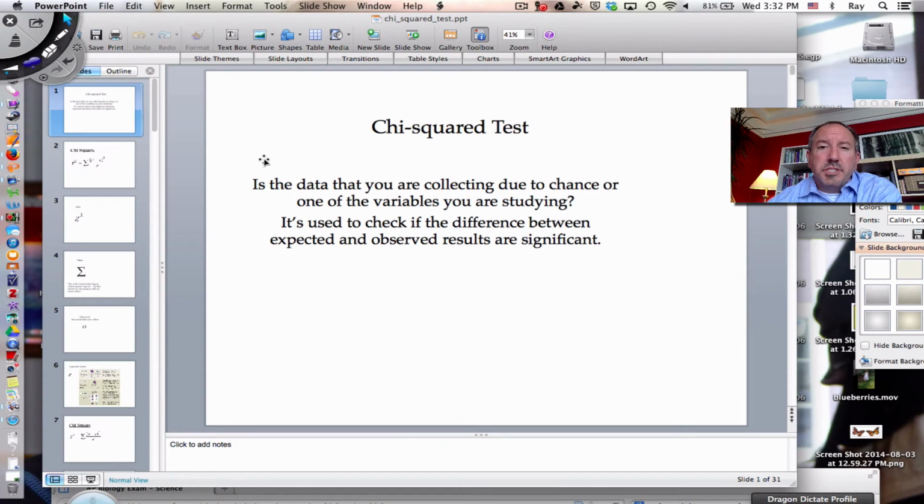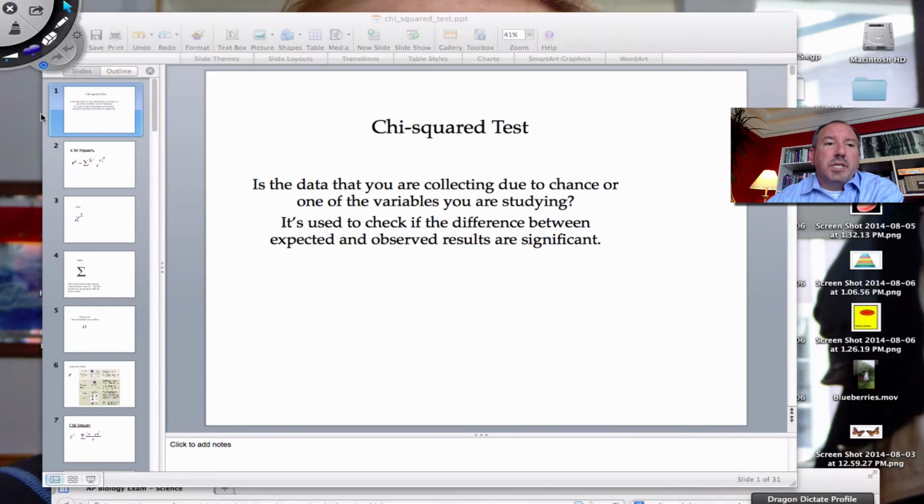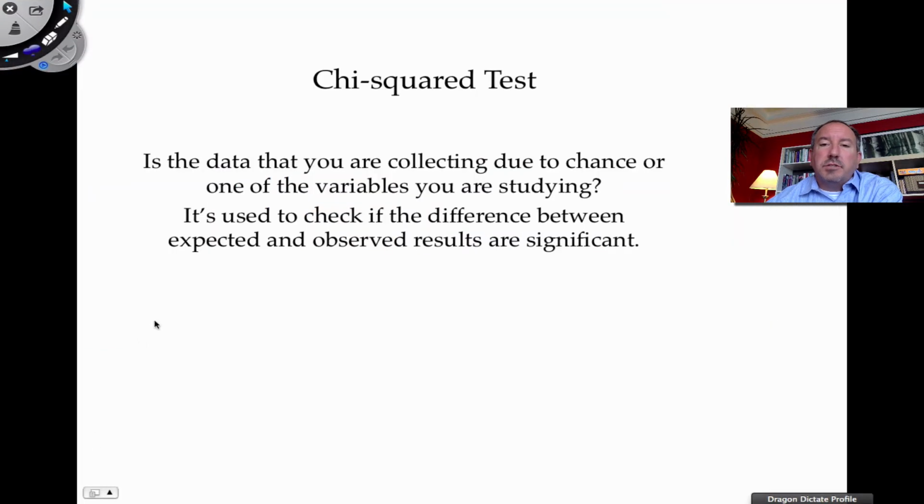Hi everyone, it's Mr. Sinti, and today I have the pleasure of discussing with you one of the more important statistical tests that we could ever really understand in our field of science, which is called the chi-squared test. This particular discussion is going to get into how to solve chi-square, and maybe even a discussion of why it's important, and then we'll run through a couple of examples, and then hopefully you'll be able